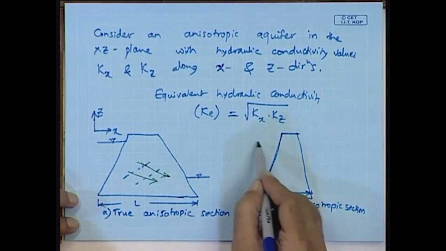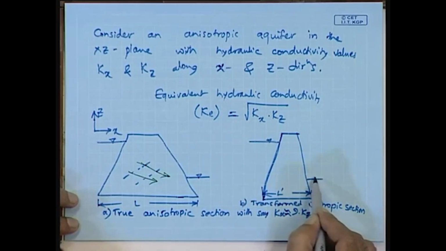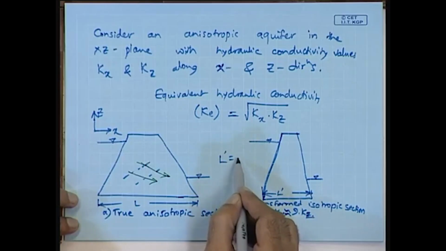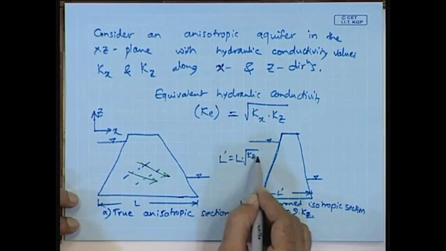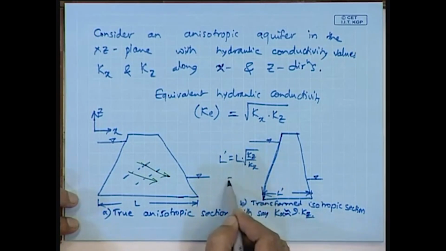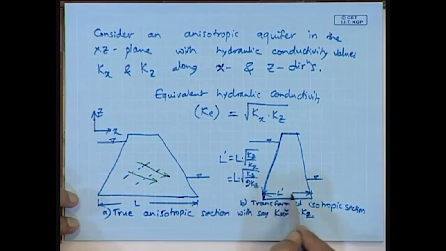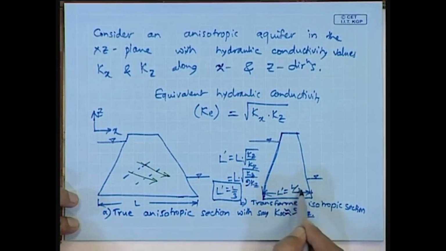So, this L dash will be equal to L into under square root Kz by Kx. In this case, this will be L into under square root Kz by 9 Kz. So, this L dash is simply equal to L by 3. So, this L dash is L by 3,